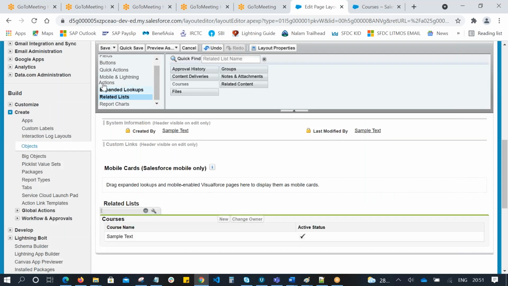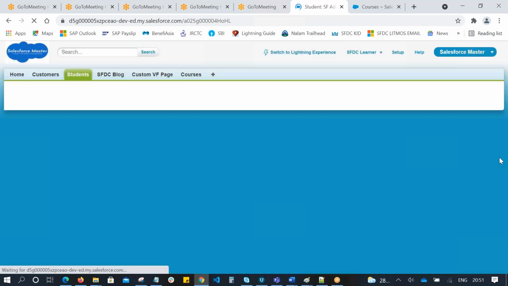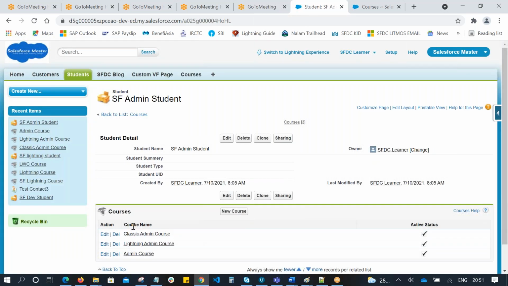So you can click OK and save. From this quick access menu also we can modify the page layout. Now in the page layout we're able to see course name and active status.